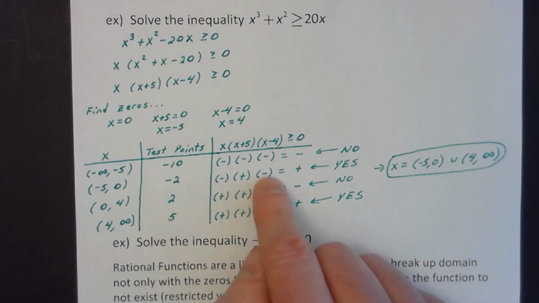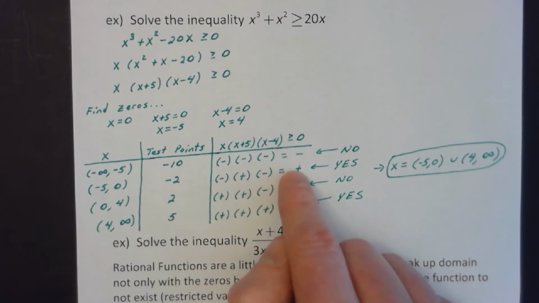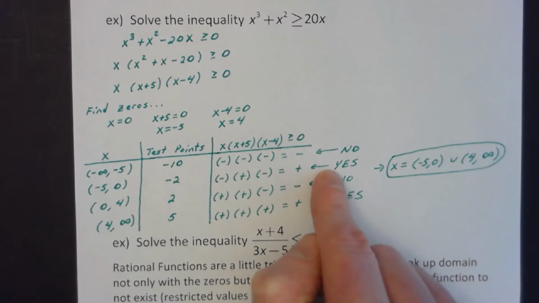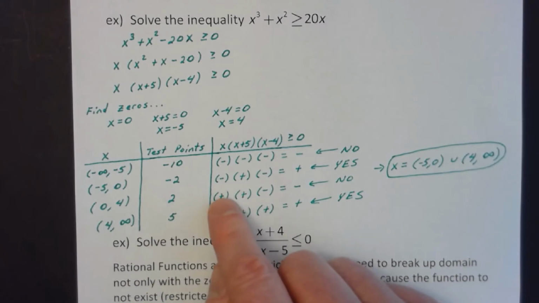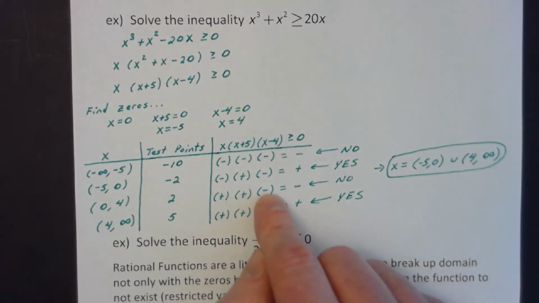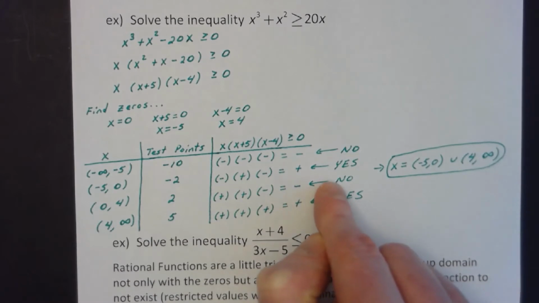I have two negatives times a positive. Well, a negative times a negative is a positive. This whole product is a positive, thus it is a solution this time. Any positive number is going to be greater than 0. I go to my next region, I plug in a 2. My first factor would be positive 2. My second factor would be positive 7. Third factor, negative 2. Two positives times a negative is a negative, thus I know that region cannot be a